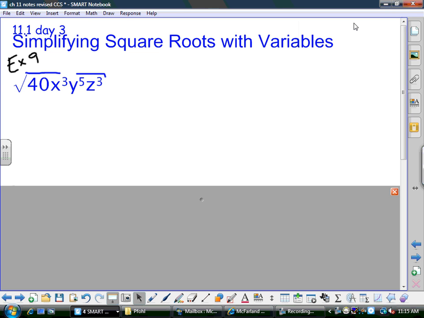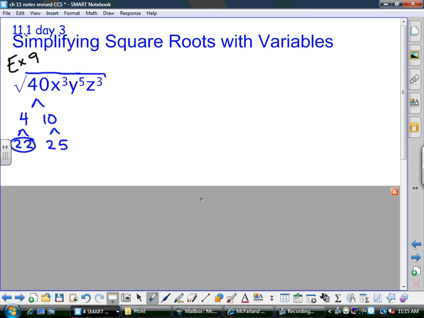11.1, day 3 notes, simplifying square roots with variables. It's the same idea. If we're simplifying the square root of 40, x to the third, y to the fifth, z to the third, we're still going to break things down and break apart that 40 and look for pairs. There is a pair of 2's, so a 2 would go outside, and then the 2 times 5, or a